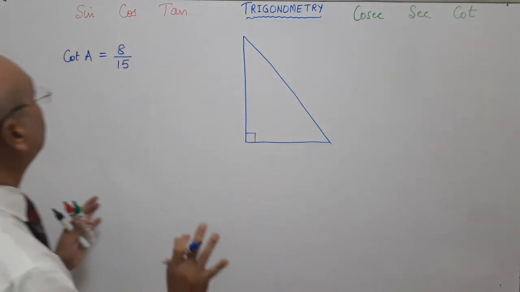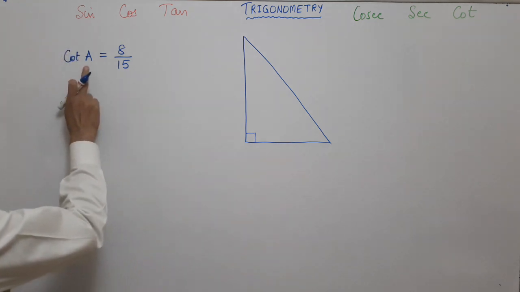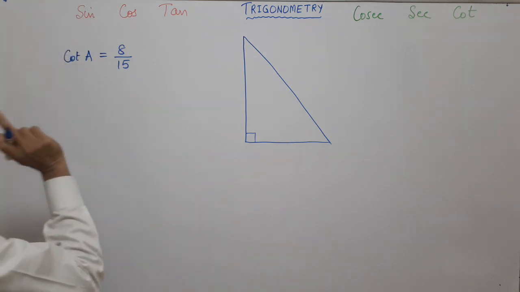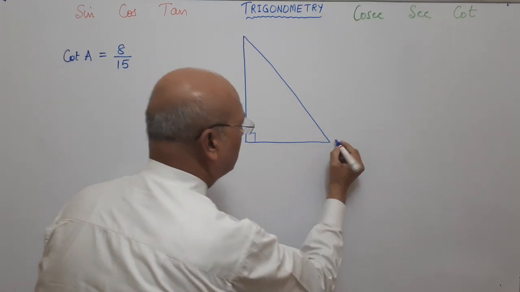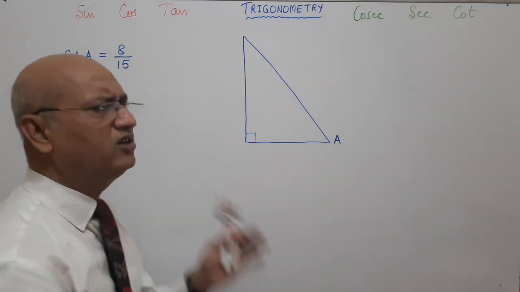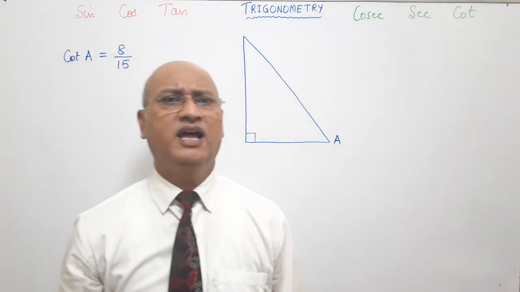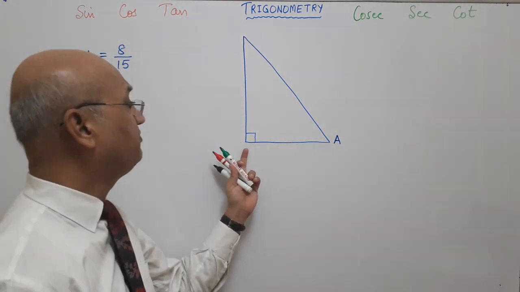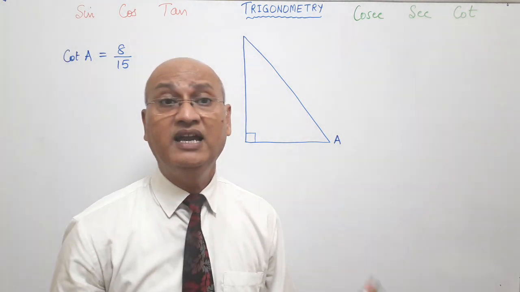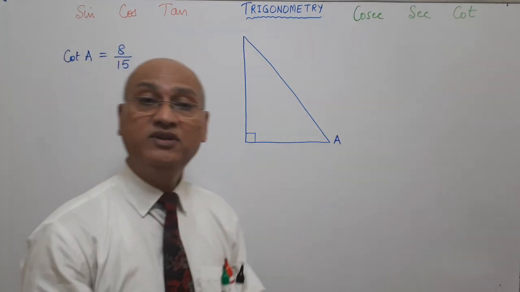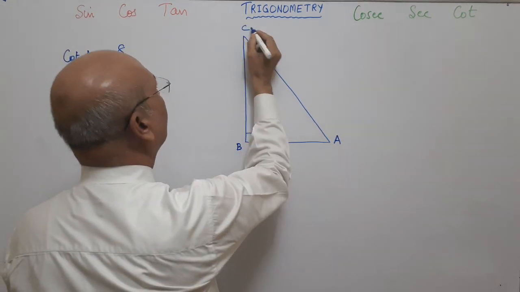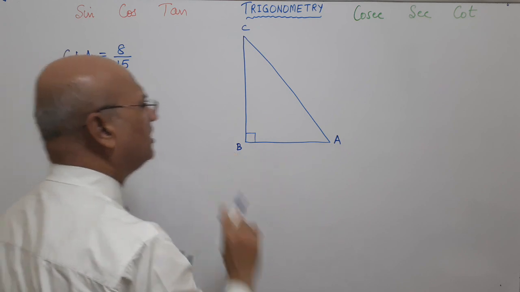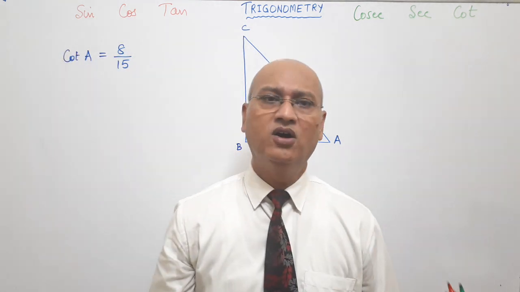The very first thing you have to see is which angle is associated with the trigonometric ratio. Here we see that angle A is associated with this trigonometric ratio. So put the angle A down here. If the question says the triangle is right angled at B, you have to put B here. If it is right angled at C, then you have to put C here. And if nothing is given, you can put it any way, like ABC. No matter. If it is not given, you can put it in your own way.